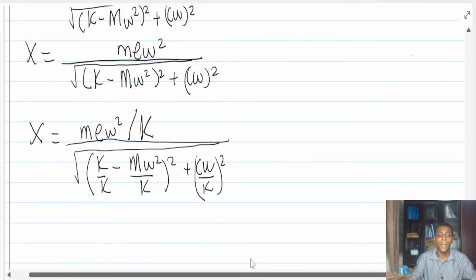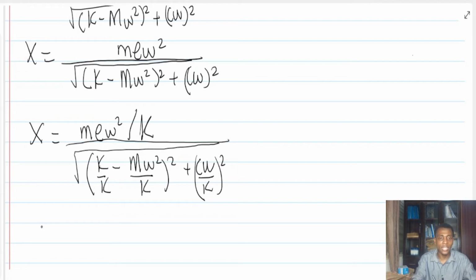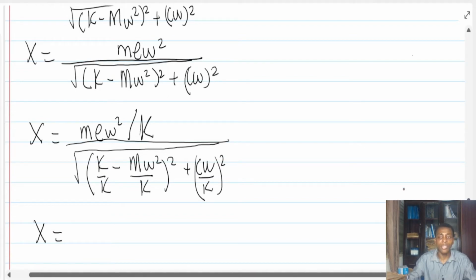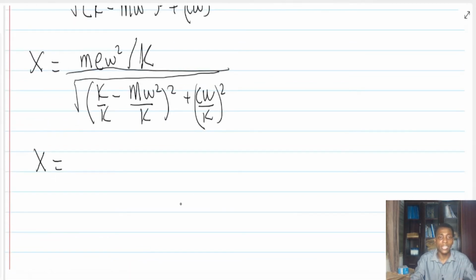Okay. Now, what happens is that the amplitude of my rotating unbalance is going to be,